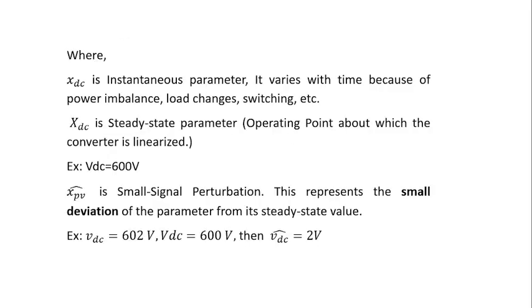This parameter is a small signal perturbation, which represents a small deviation of the parameter from its steady state value. Assume small vDC is 602, capital VDC is 600, then this VDC cap must be 2 volt, not more than that. It is a small perturbation or small disturbance given, and we'll check how the system behaves with this small